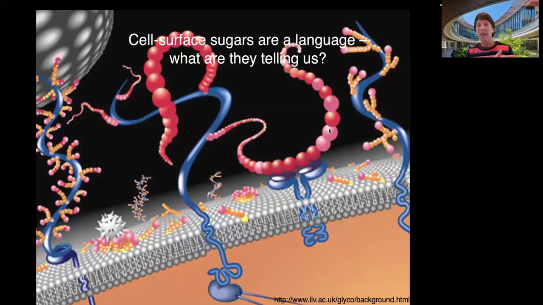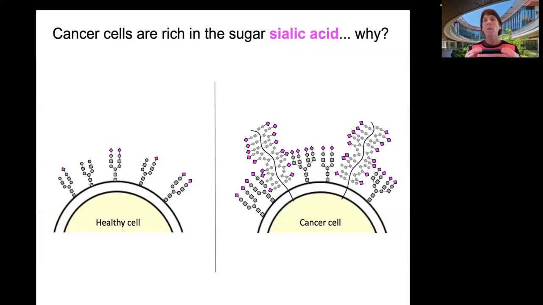And we can actually read out the structures to determine whether a cell is, for example, a blood cell or a muscle cell. There's a signature there. And what got me interested in this field, which really started when I was doing my PhD training back in the late 1980s, was the observation that not only are there sugars that are distinctive on different cell types, but those patterns change when cells go from being in a healthy state to being in a diseased state,